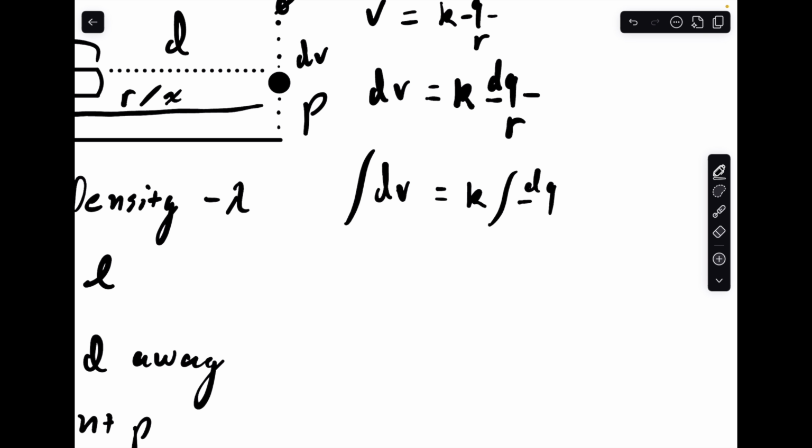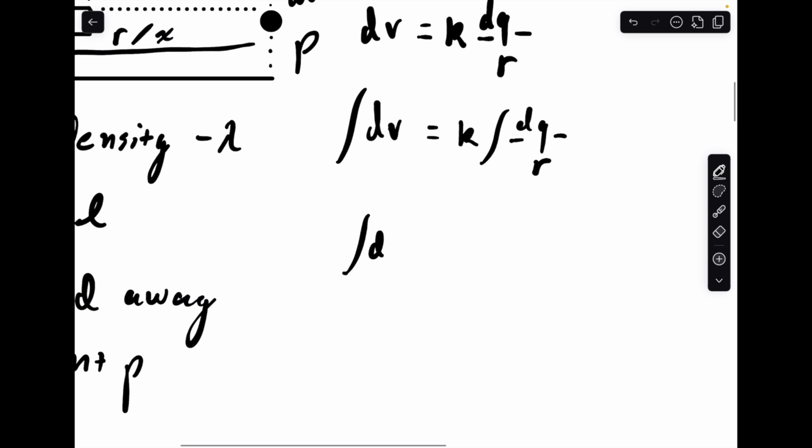If I summed up using an integral, because the integral, if you haven't learned in calculus already, is an infinite sum of little small pieces. So if I have the integral of dl, that just sums up little dl's, that'll give me L, right? Same thing here. So I'll sum up all the little dV's, that'll give me V, or V total, whatever you want to call it, is equal to k